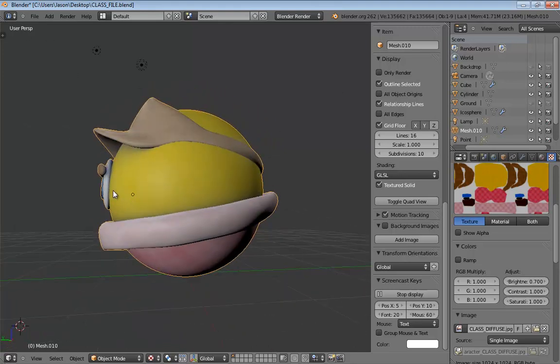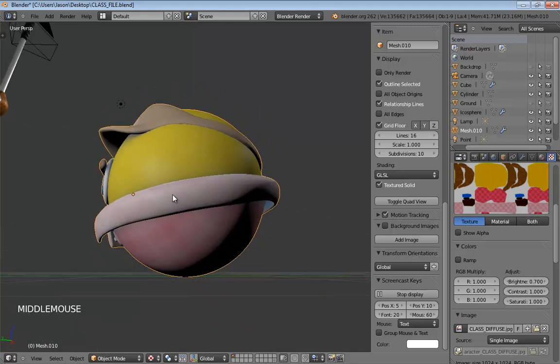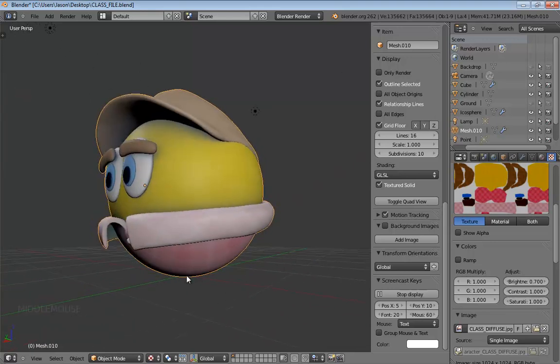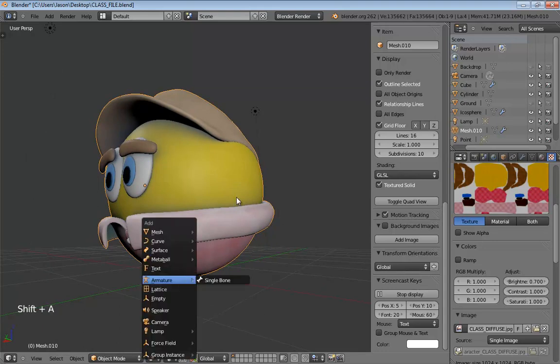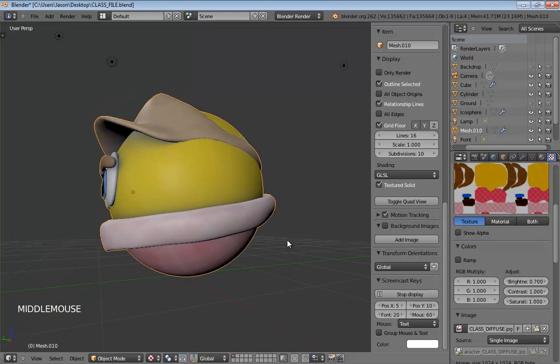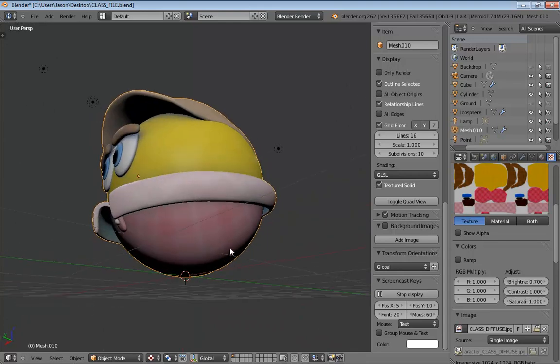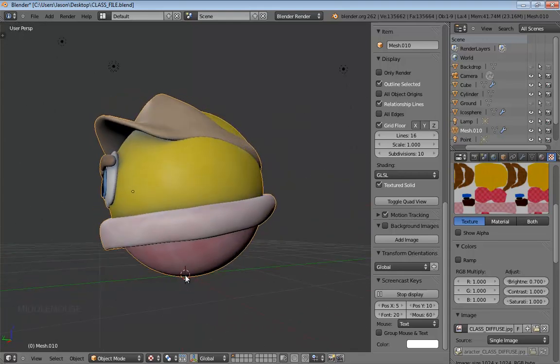Notice that I have moved my character down to the grid. So he's sitting right on top of the center of the scene, 0, 0, 0 in all cases. This is where we want the origin to be, right here at his base. The way we're going to do that is to hit Shift-S, and we're going to send the cursor over to the center, like so. That puts the 3D cursor right there at the base of our character. So if your character is anywhere else, go ahead and center up your 3D cursor, position your character right on top of it like so.